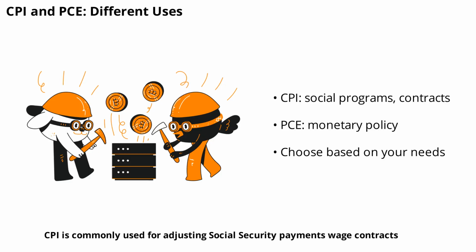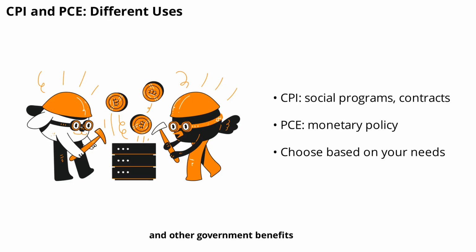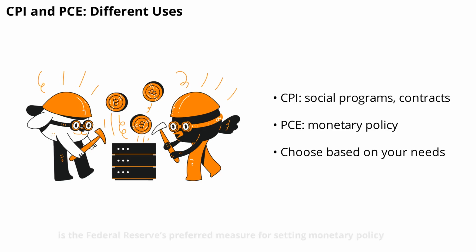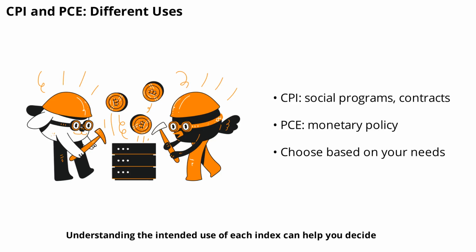CPI is commonly used for adjusting Social Security payments, wage contracts, and other government benefits. It's also the metric most people are familiar with from news reports. PCE, on the other hand, is the Federal Reserve's preferred measure for setting monetary policy. Understanding the intended use of each index can help you decide which one is more relevant for your analysis or